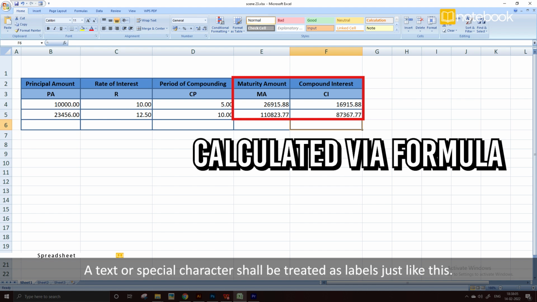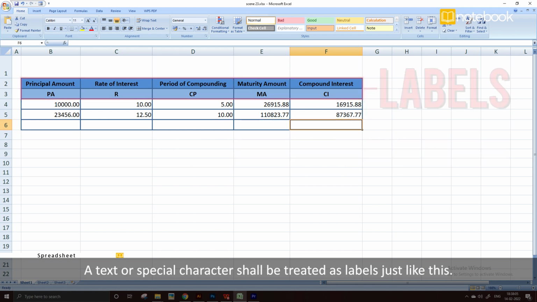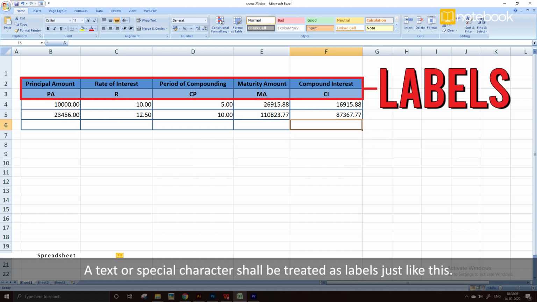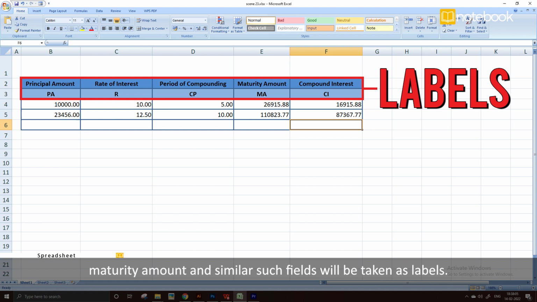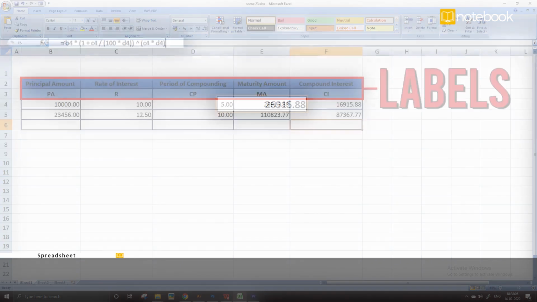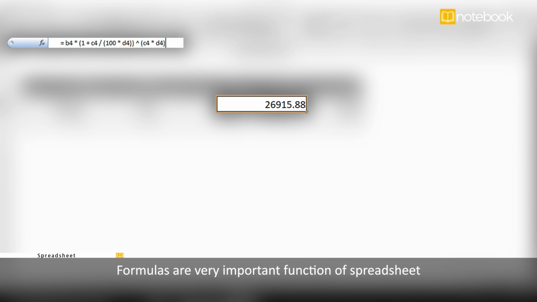A text or special character shall be treated as labels just like this. If we go back to the calculation, principal amount, rate of interest, maturity amount, and similar such fields will be taken as labels. Formulas are a very important function of spreadsheet and we need to learn them well.